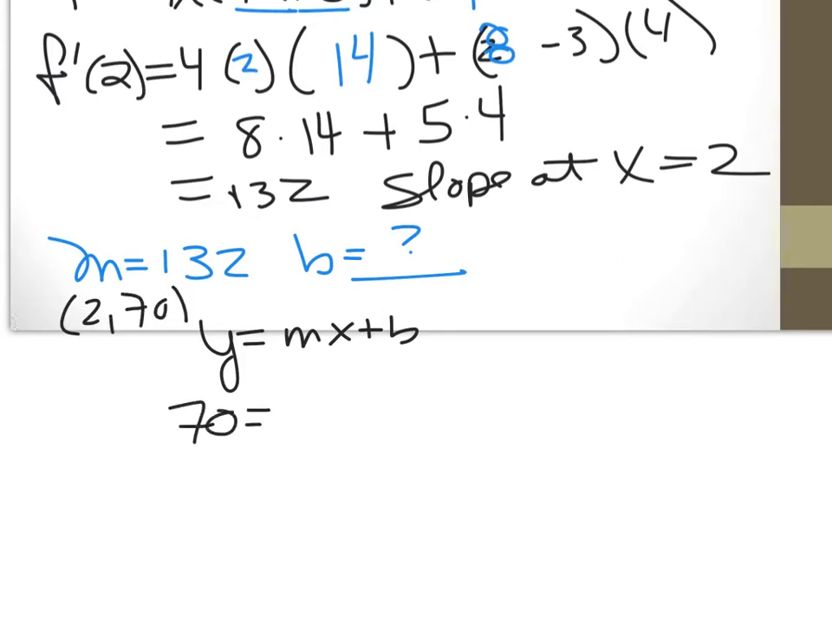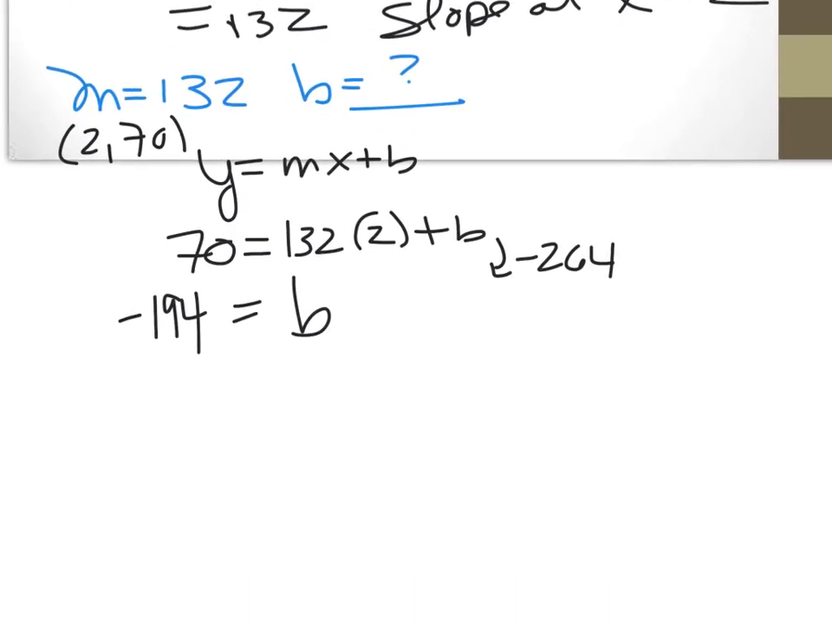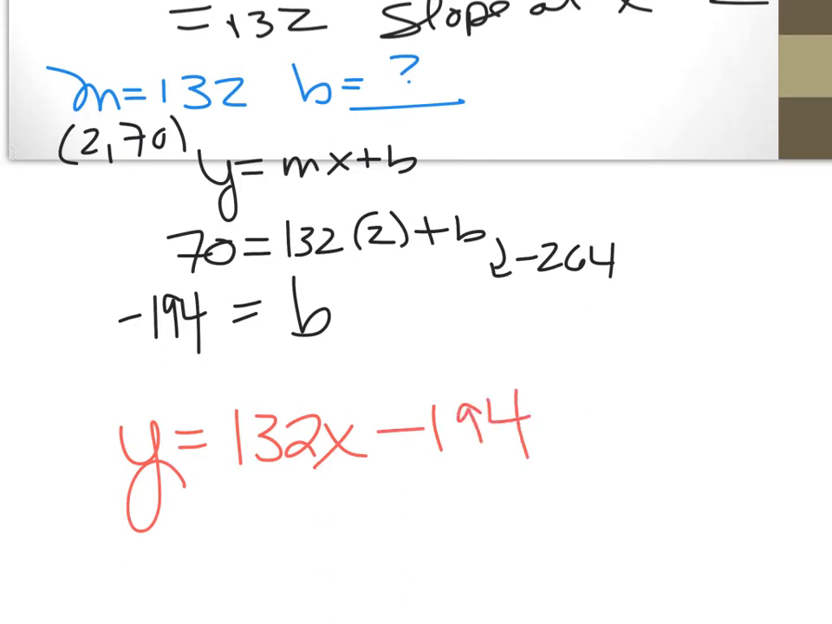So 70 equals 132 times 2 plus b. So that's 264. Let's subtract 264 from both sides, and you get b is negative 194. Well, you now have enough information to actually write the equation of the tangent line. Slope plus the b, and that is the tangent line